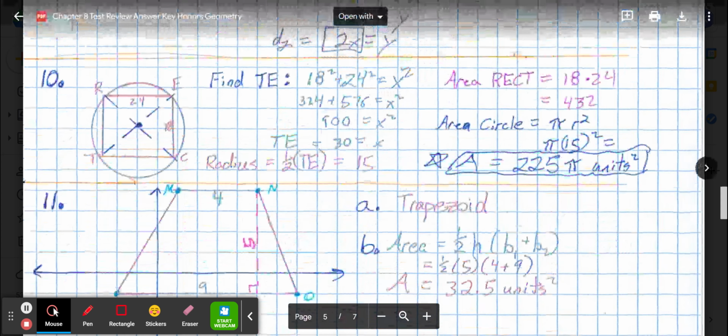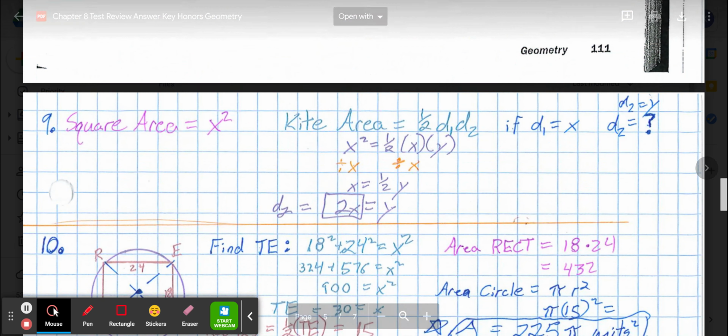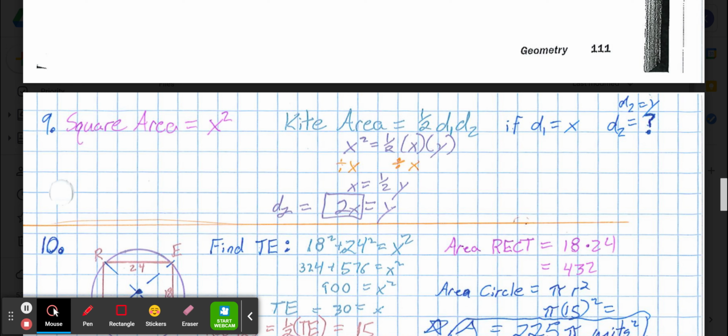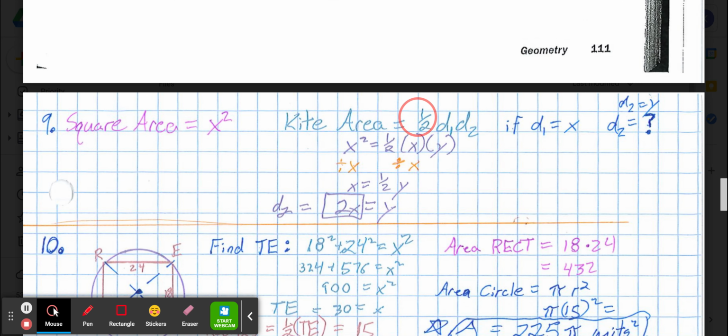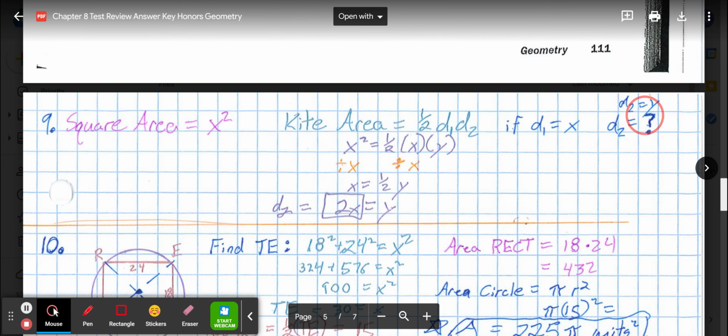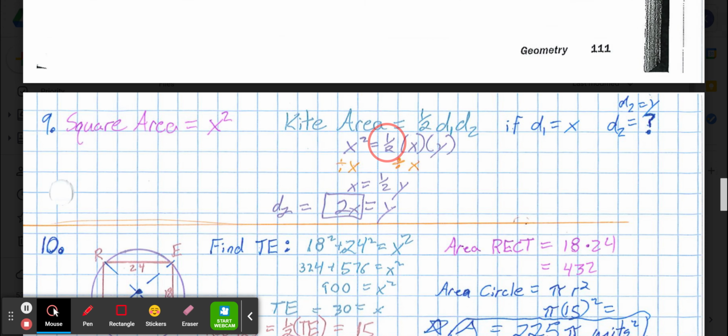So going down to the work for number 9, the square area is x squared, because if our square has a side of x, x times x is x squared. The kite area, we use that perpendicular diagonal for quadrilateral formula. So 1/2 times diagonal 1 times diagonal 2. We knew diagonal 1 was x, so for now I'm just going to call diagonal 2 y, what I'm trying to find out. So x squared would equal 1/2 times diagonal 1 of x times diagonal 2 of y,